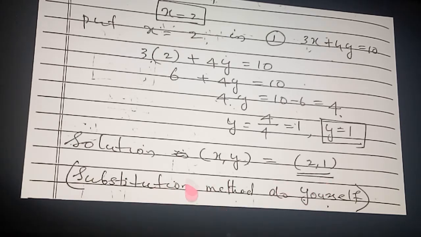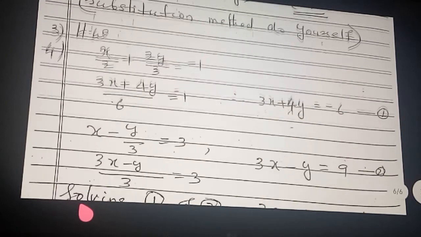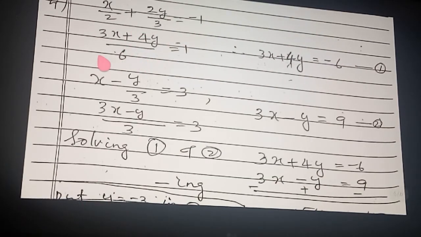And now here your textbook says, do by substitution and elimination both. Elimination I explained and gave; substitution, you know, you do by yourself. Okay, clear? One more question I have written, that also complete. So here in this way, the third sum I have written here as homework, and the fourth sum, see. Here x by 2 plus 2y by 3 is equal to minus 1. This type of fraction questions coming, I told you several times, you make it in the form of standard form. Take LCM and make standard form.